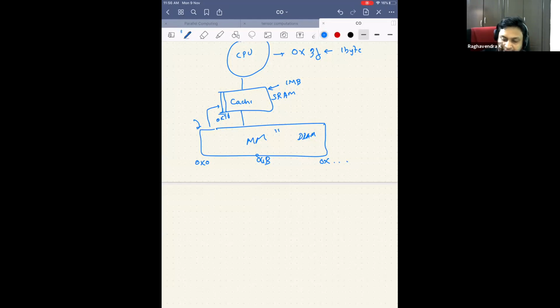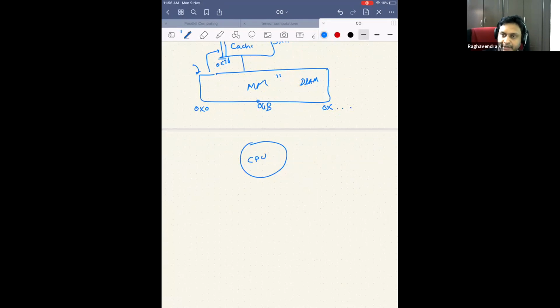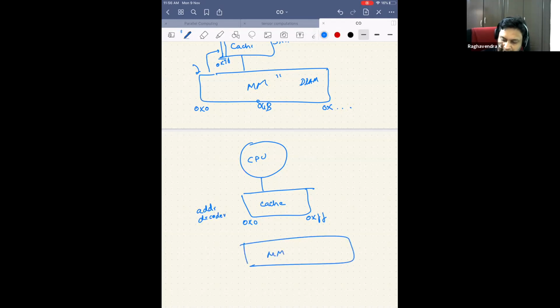Then let's come up with the first design. Let's say I have a cache and I don't want to store the address anywhere. It's 256 bytes, just because it's easier to write the addresses. It starts from 0x0 to 0xFF, and there is an address decoder logic. Similarly, there is this main memory, some 0x something. It is 8 GB of memory, and there is this address decoder logic. Does this work?